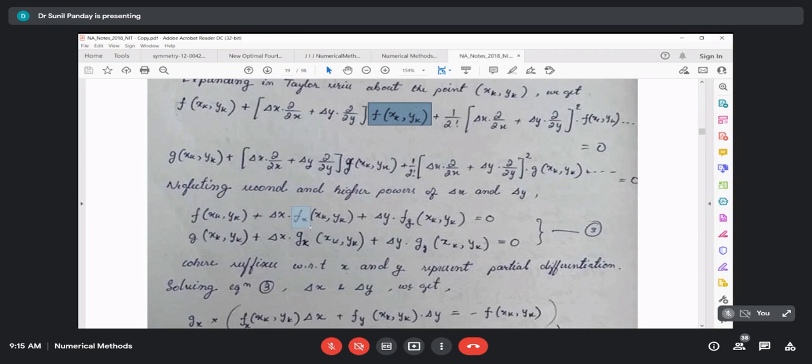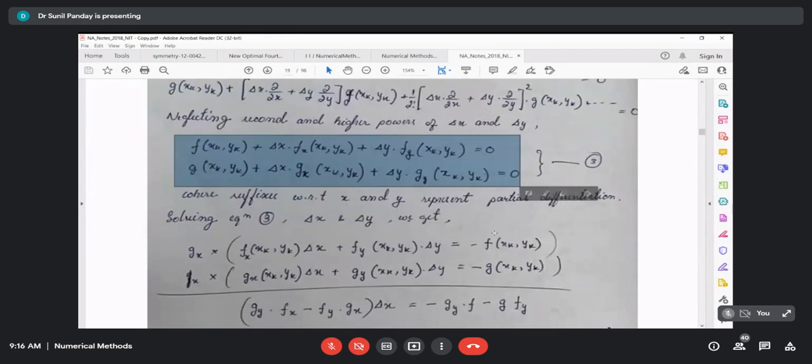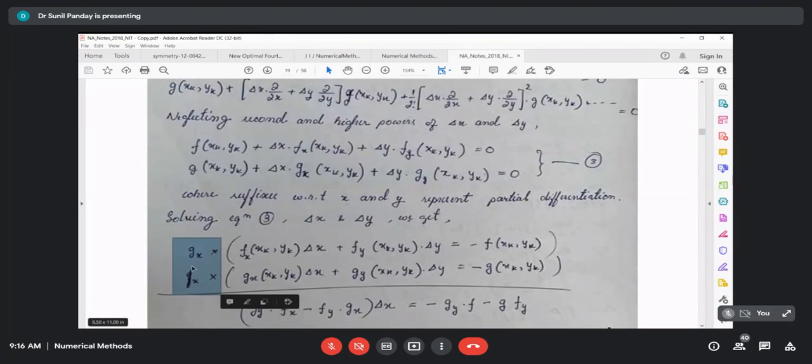So first we did partial differentiation of the two-dimensional function f(x, y) with respect to x, and then we substitute the point xk, yk. Similarly here, f suffix x, f suffix y are partial differentiation with respect to x and with respect to y. So we have this one. The next step is, assume this one is not there. This one is wrongly written here. So you don't consider this one.